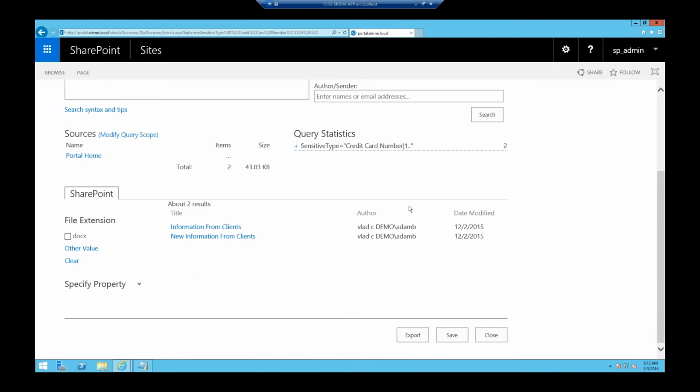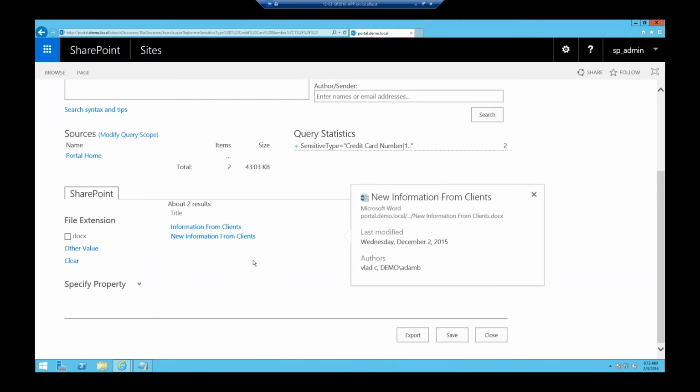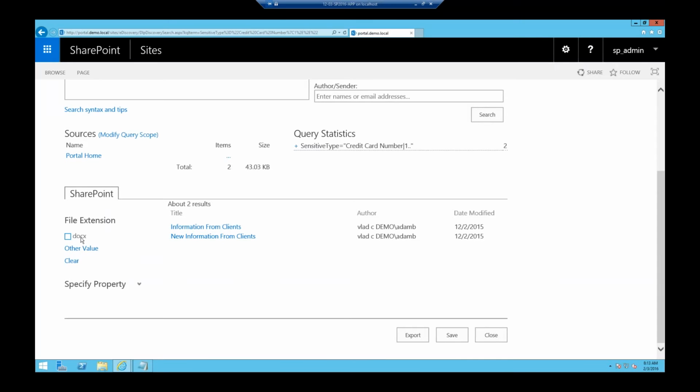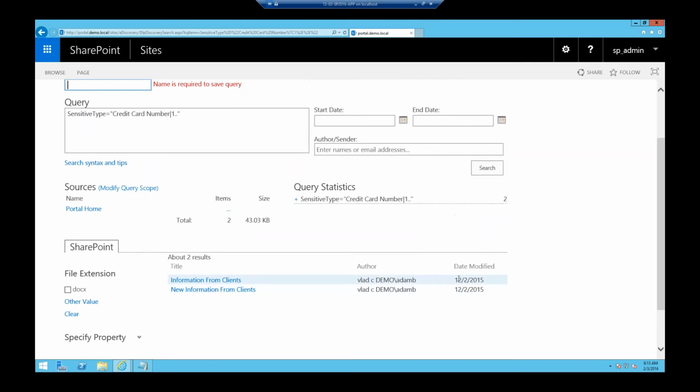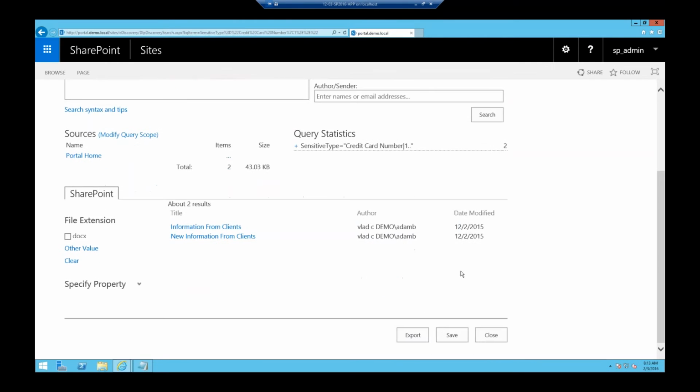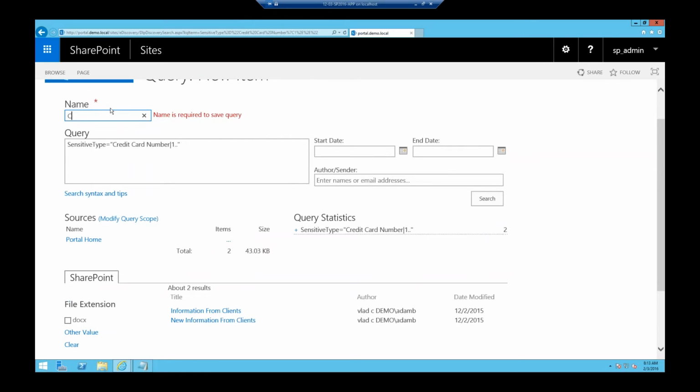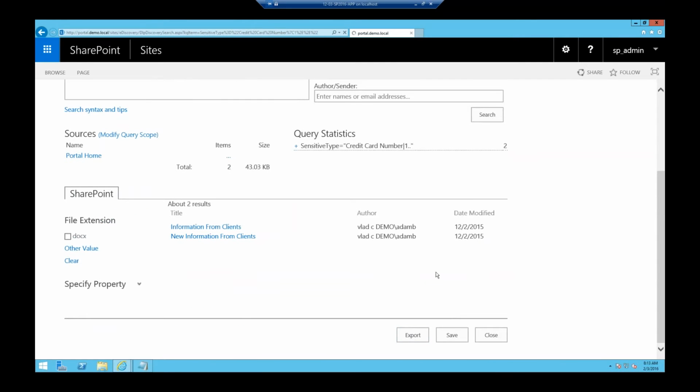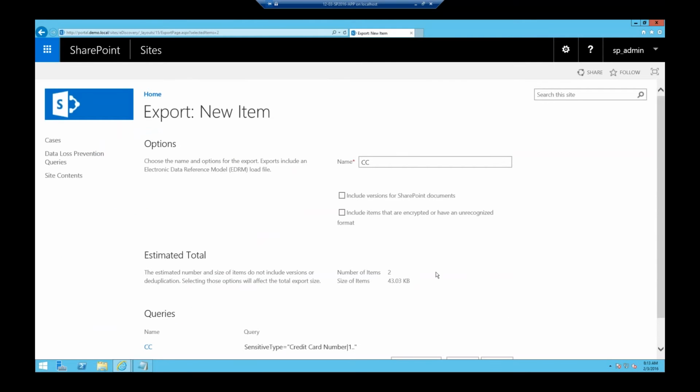There we go. So as you see, I have 2 documents, information from clients and new information from clients. I can see that they're all docx, so Word documents. I can see when they were last modified. I can filter by property, and I can also export them because when you present that at a meeting, you don't always want to give them access to SharePoint. If you want to present something to someone, you just want to give them maybe an Excel file, maybe a PowerPoint. So what I'll do, I'll just